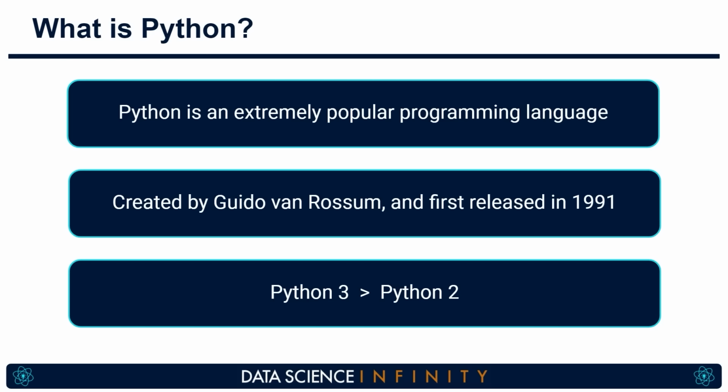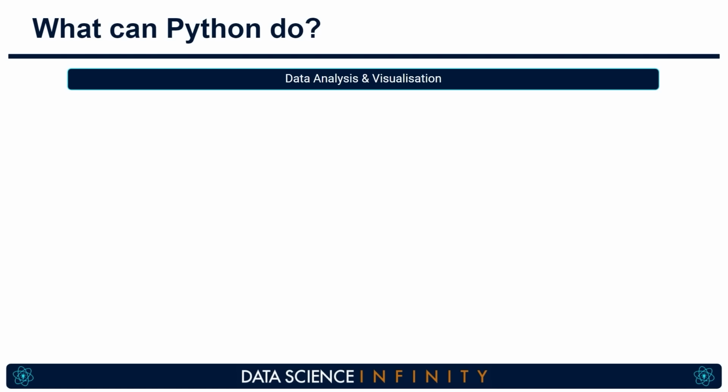Let's now discuss what exactly we can do with Python. And like I mentioned before, we can really do almost anything. We can do data analysis, so exploring and manipulating data. In Python, a library that you will come to know and love for this task is called Pandas, and we will be using this once we've got Python up and running. We can also very easily visualize our data using all sorts of plots and charts. Remember the name matplotlib.